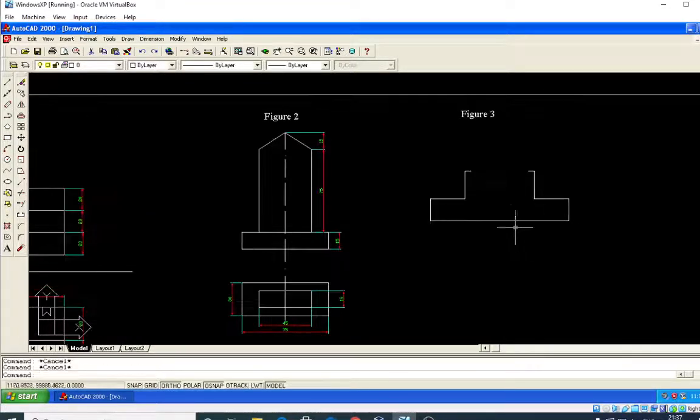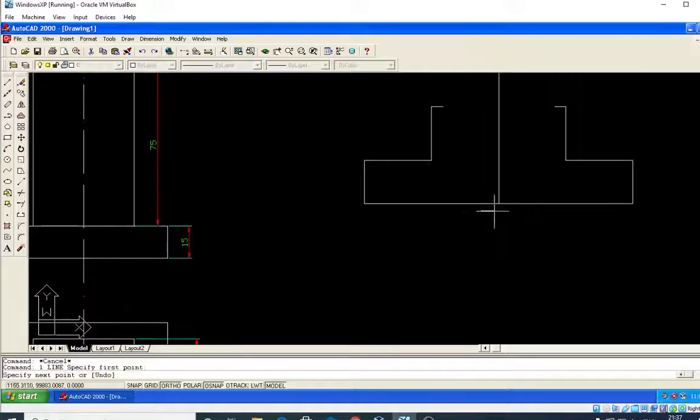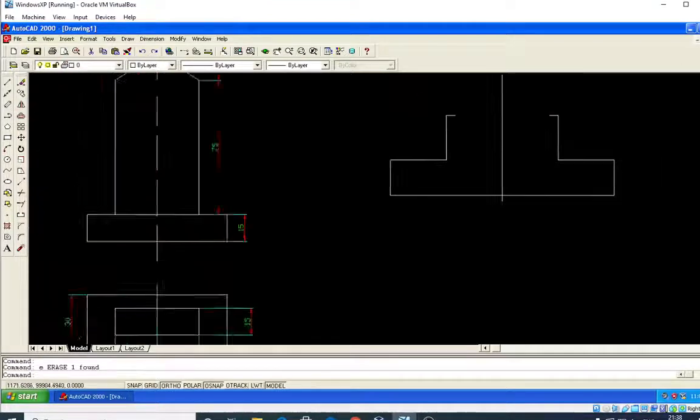So afterwards, as I told you, the center axis is very important. Now I will take a line command, L, enter. So where is the center line? Center line is here, so I will take the center line up to this one. Okay, so I can draw one small line, L, enter. I can extend it because we need to show that the center line is longer than the object. Therefore I can erase it, extended and erased.